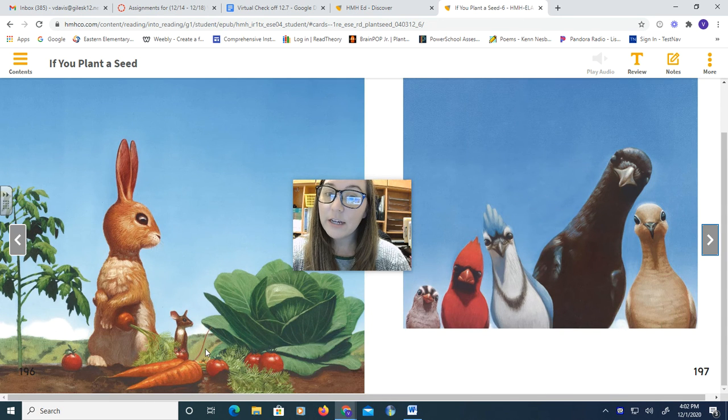Oh, look right here. Here presents a problem. So we see our little rabbit friend and our mouse, and they're looking at the birds, and the birds are looking back at them like, we see some vegetables. They look mighty tasty. Let's see if our characters over here are going to share. That's what a kind